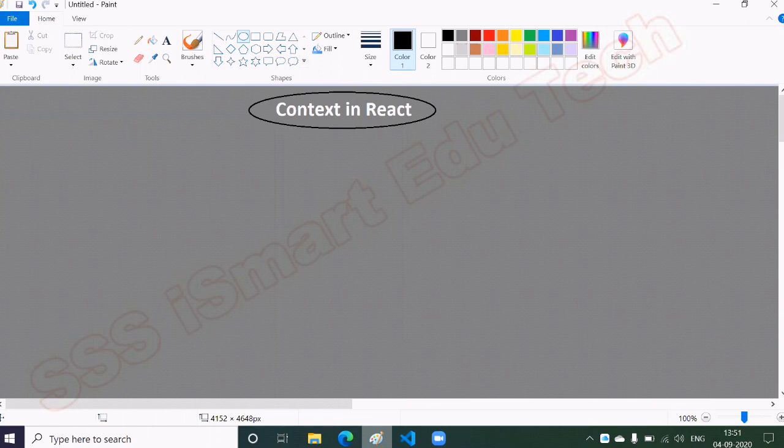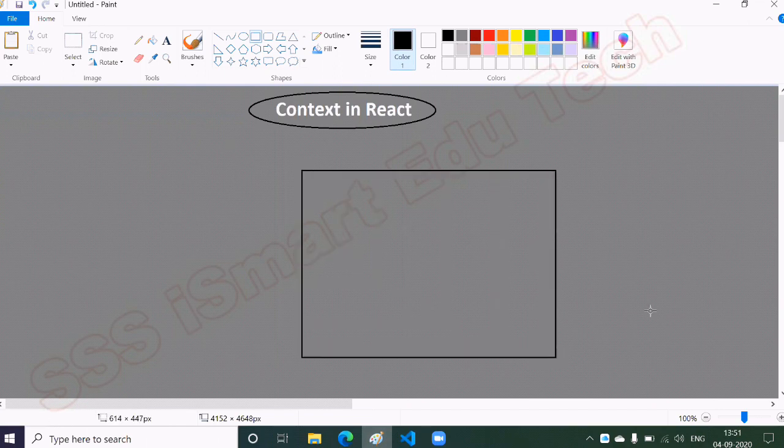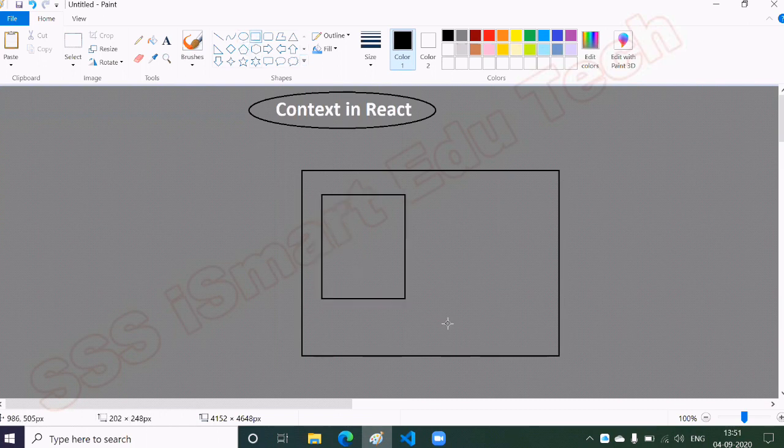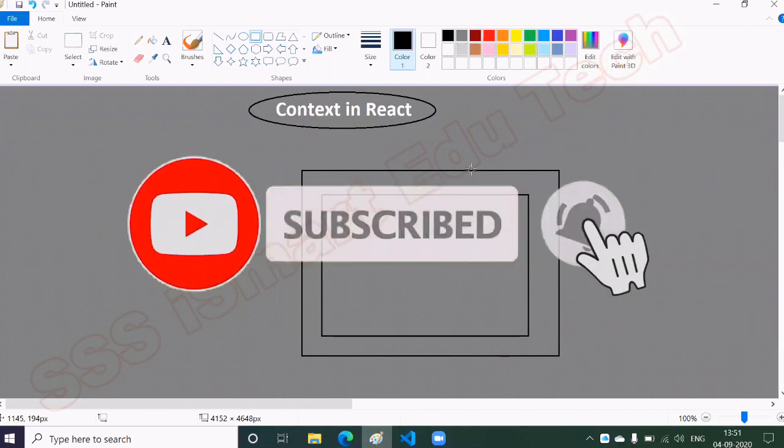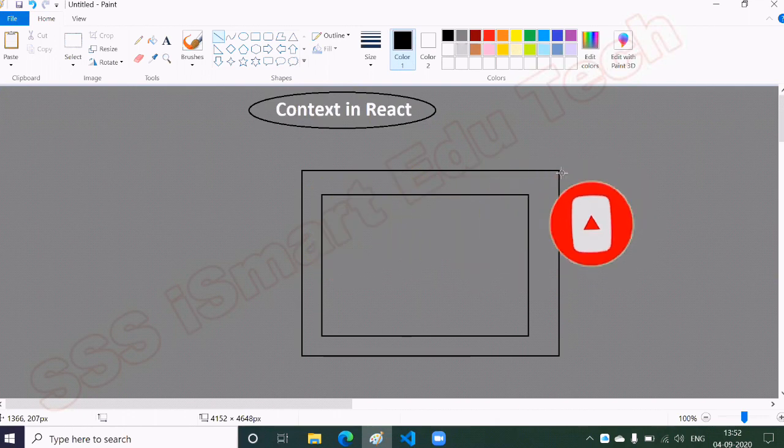So just consider I have a component. Let us consider I have one component named A component, right? Now I have one more component inside this component, known as B component. What is the relation between A component and B component? It's a parent-child relation, right? So let's write it.